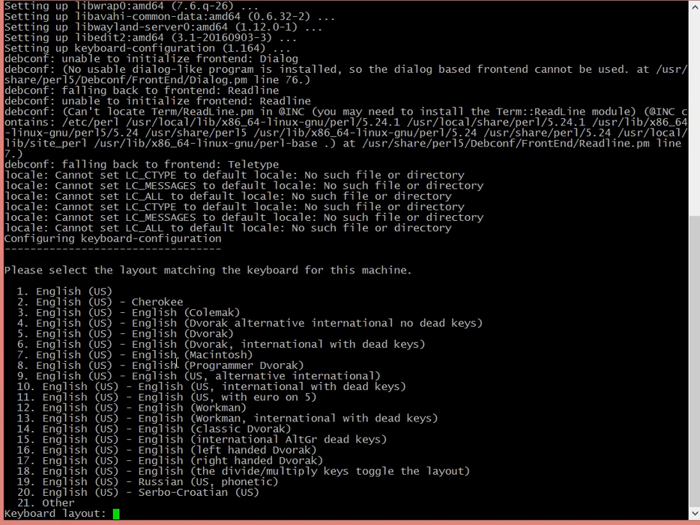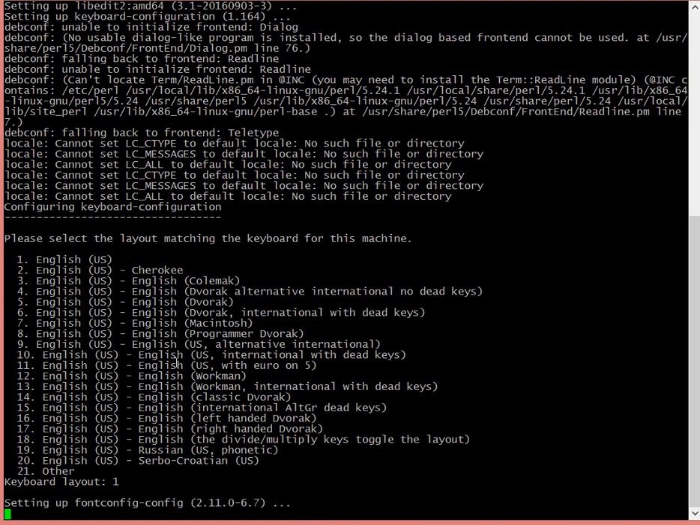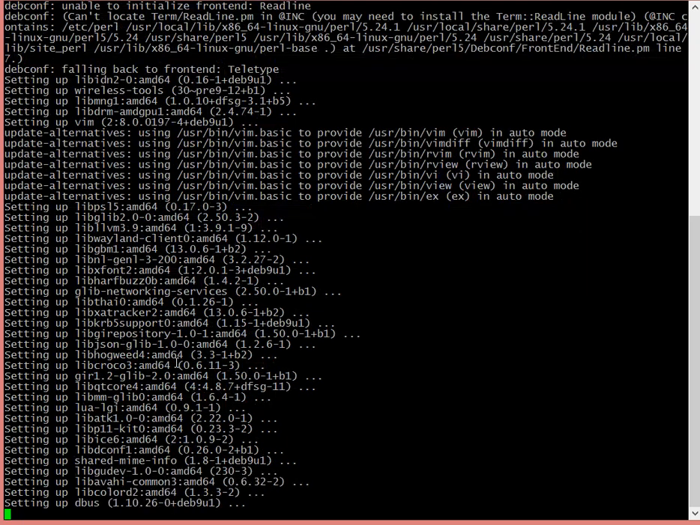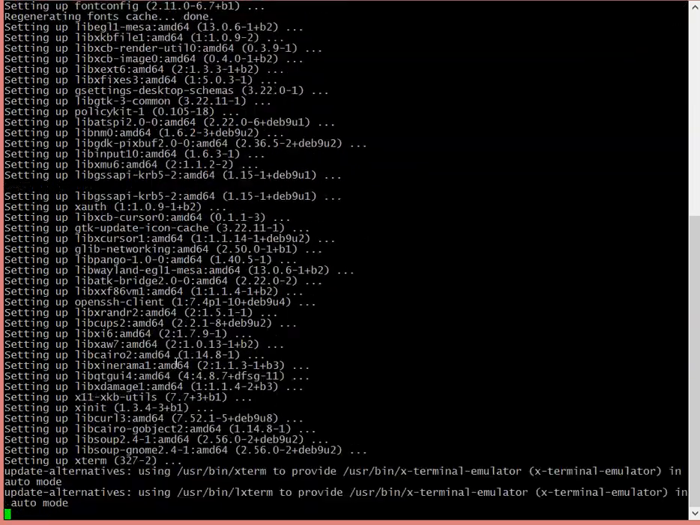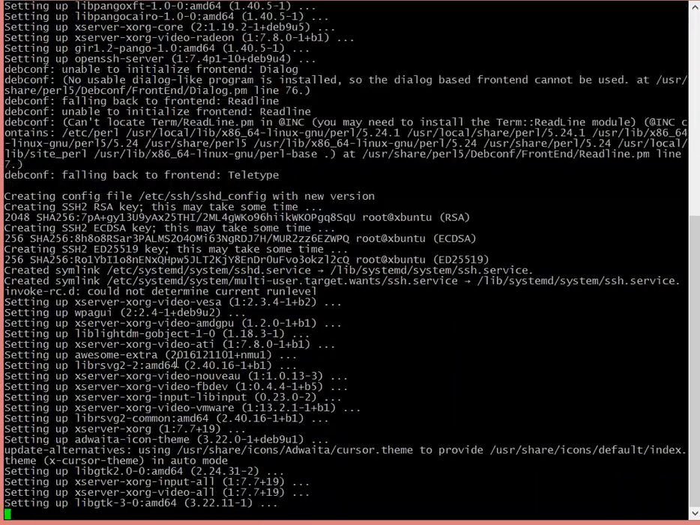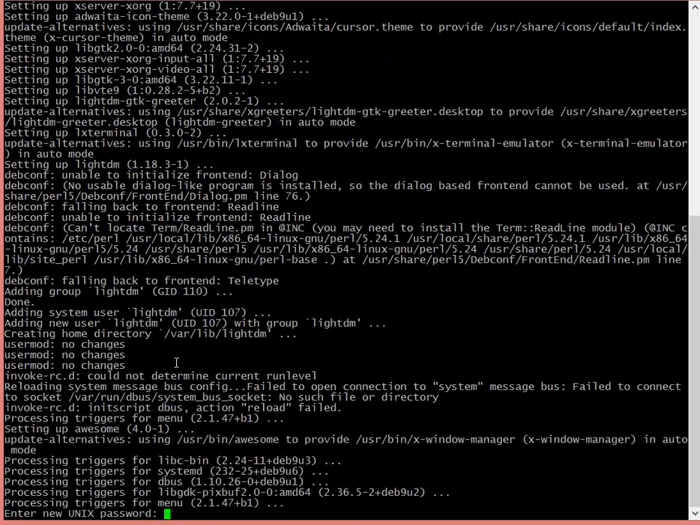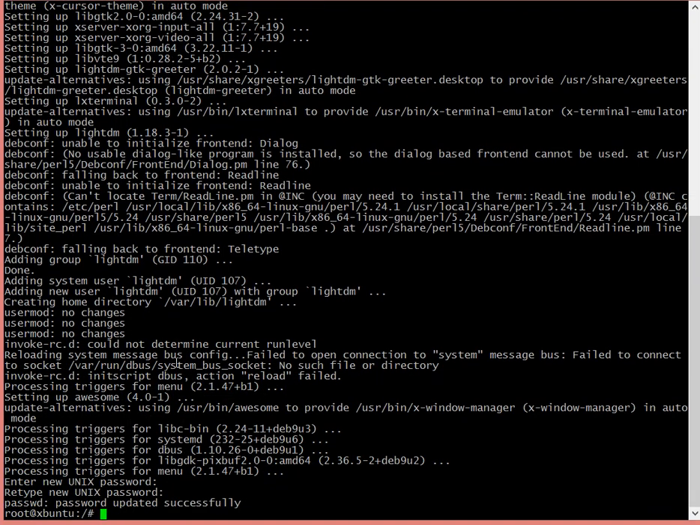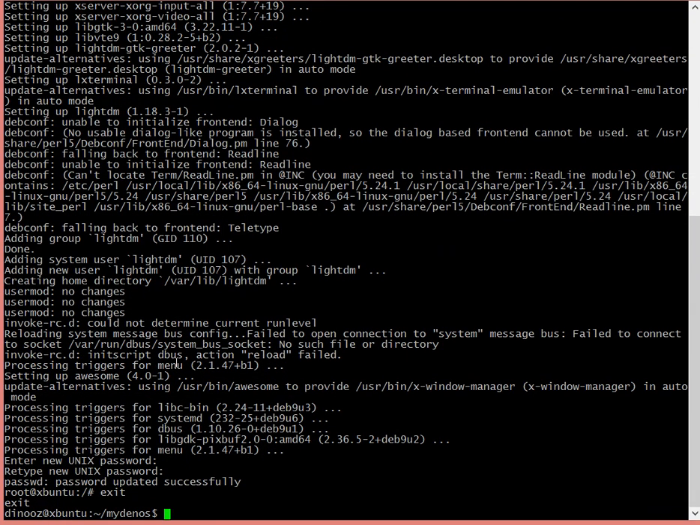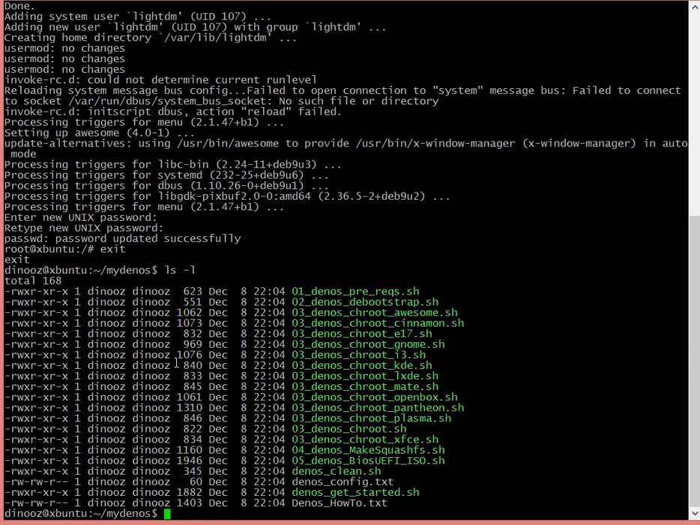Here it's asking me for my keyboard layout. It's going to be number 1, English, and it's going to continue the setup. Eventually it's going to ask me for a root password, and for the root password I just typically put a very simple password. And just for this exercise, I can exit from the chroot environment,